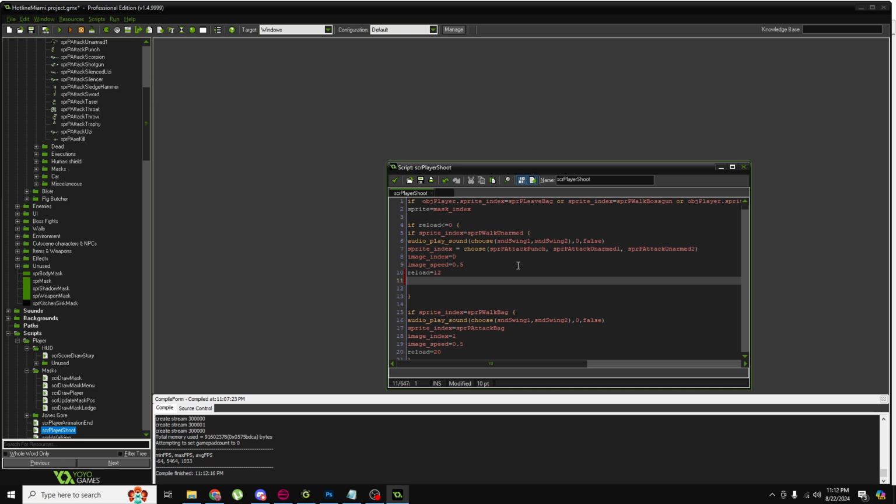So you can also add things. This is something for a completely different video, but you could add something like if global.mask_index equals 2, reload equals 10 or like 8, right? So if we're wearing the Tony mask, the punches will be even quicker, which is pretty cool, as well as they'll kill enemies instantaneously. So if you wanted to add something like that, you could, but I just wanted to add